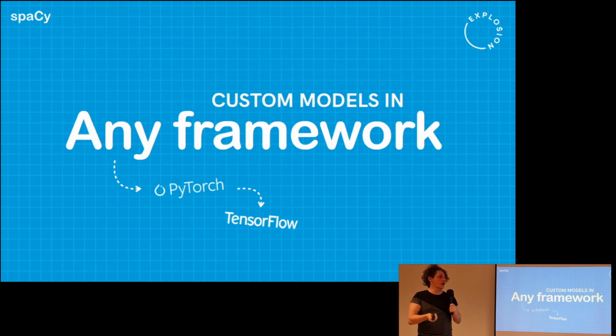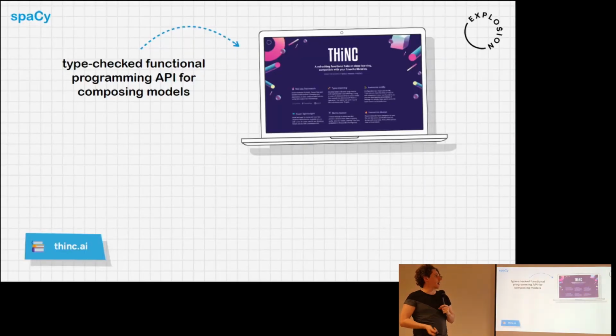In order to do this, spaCy interacts with machine learning libraries via a shim or a sort of common definition, which is this machine learning library that we built called Thinc. And this allows us to code to a neutral interface that allows people to bring their own framework. In the models that we implement for this, we implement them directly as Thinc layers, but you don't have to do this. You can just use it as a wrapper instead.